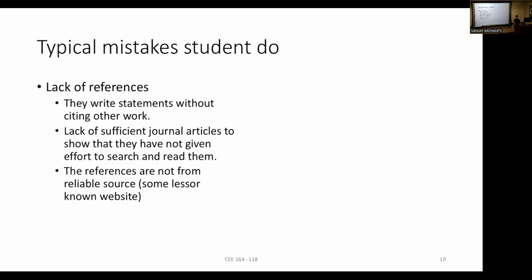Think of this: when you write a research article or report, a research article will never cite any website. The reason is a website can be changed. A website can be gone forever. If they don't pay, the website can go down. People may not find it many years from now. So those are not reliable.